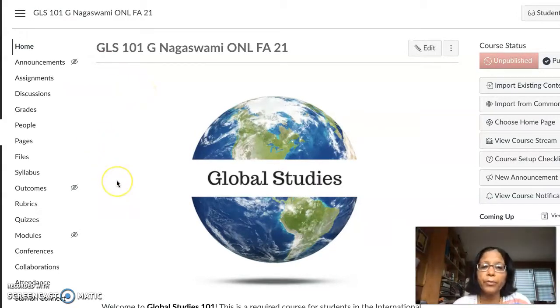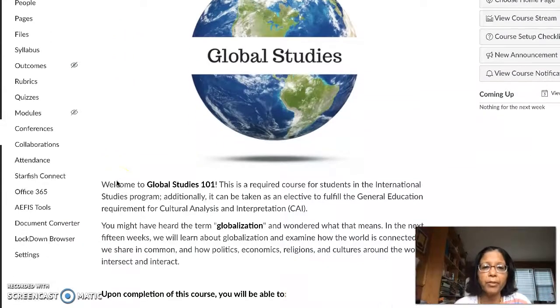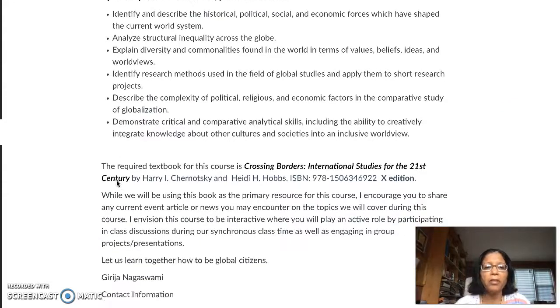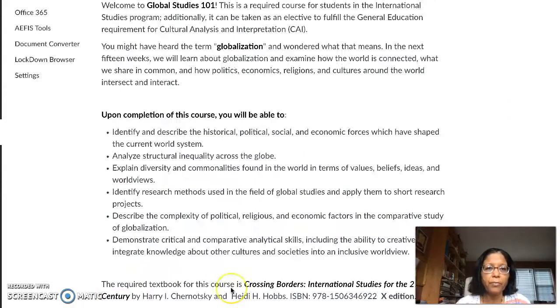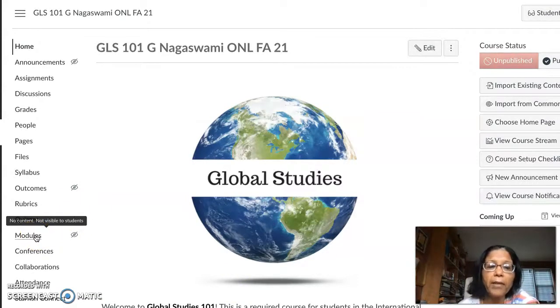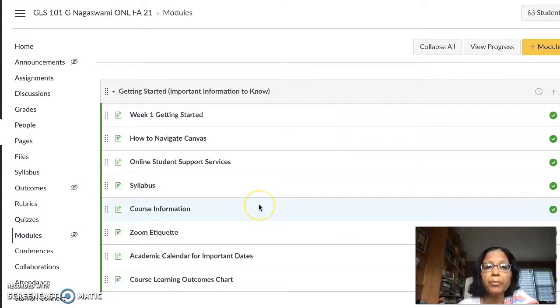So when you access your course, this is where you will land. This is called the homepage, and it gives you quick information, and it also has my contact information. So what you have to do each week is to click on modules. You don't have to go anywhere else. So you go to modules, and it opens up to these